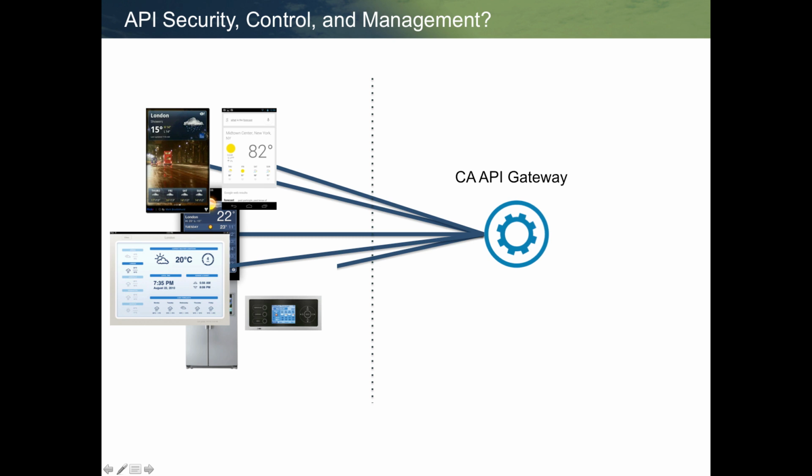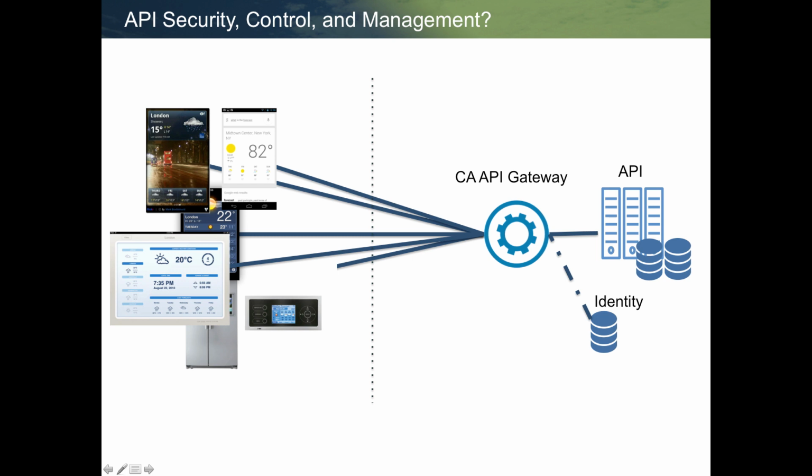So it allows for security. So who's making the calls? Are those applications vetted to make these API calls? Do they have API keys? Those sort of things. Are they making the requests within the right usage? You know, can we enforce some usage characteristics so that I don't overrun my backend?